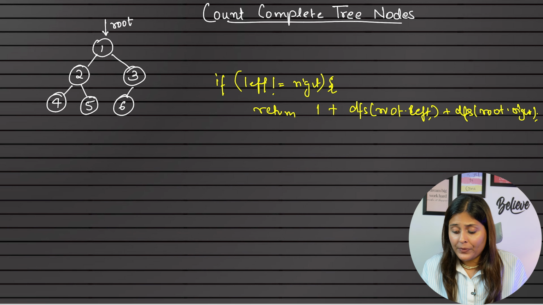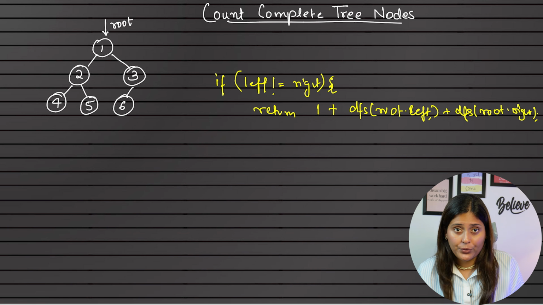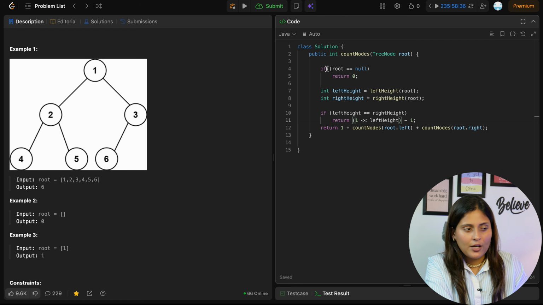If this is clear, then I'm going to write the code for you. So here is a basic code. First, the base check: if root is null, return 0. It won't have anything. Otherwise, what is the condition? Calculate the left height and calculate the right height. If these are equal, then you don't need to break